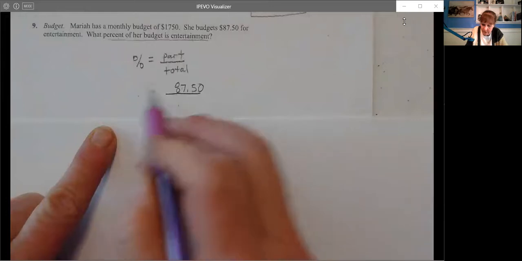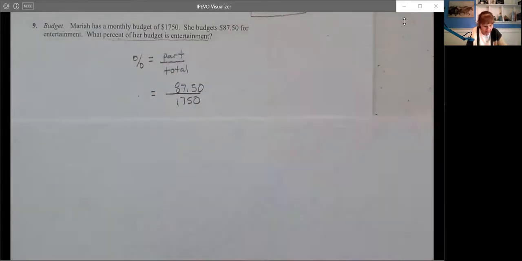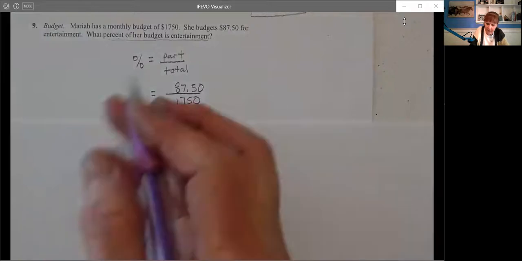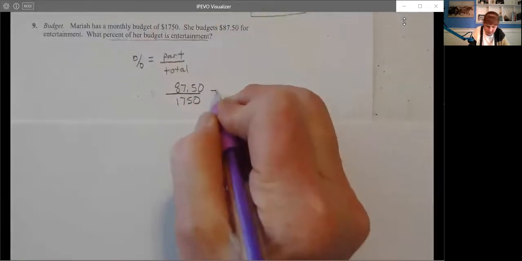We want the percent entertainment, and the total was 1,750. So in this case, the smaller number is in the numerator. So we take 87.50. Be very happy for calculators. I would not want to do that by hand, but when I do this, I end up with, I'm going to put it on the other side, you guys,